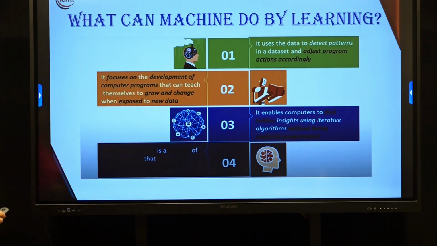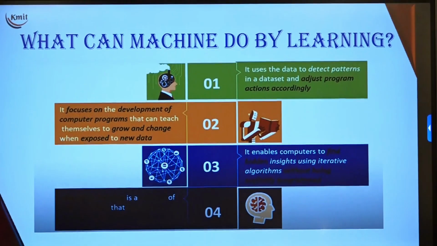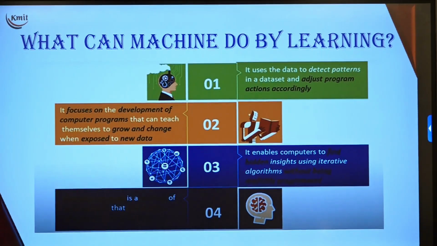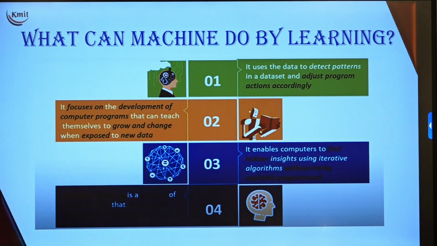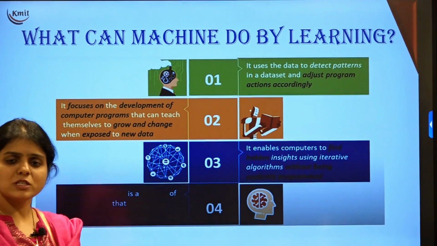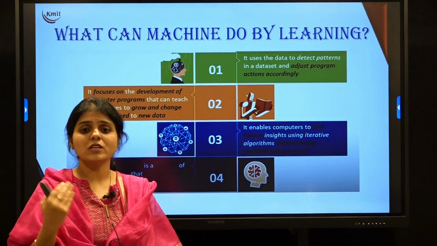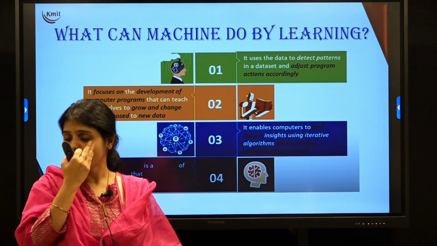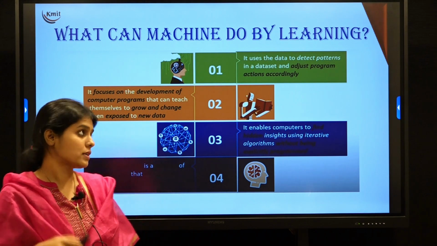And then machine learning also enables computers to gain insight using iterative algorithms. So we perform different iterations in the same algorithm and try to find the person more clearly with more patterns. Okay. And then finally, as you can see, along with machine learning, deep learning also involves neural networks with which the deep insights of the data can be understood and more processing can be done on that particular data for getting good results.